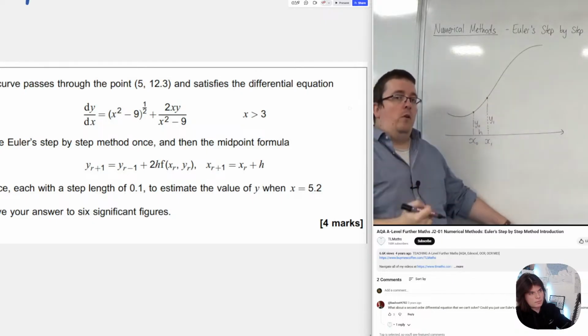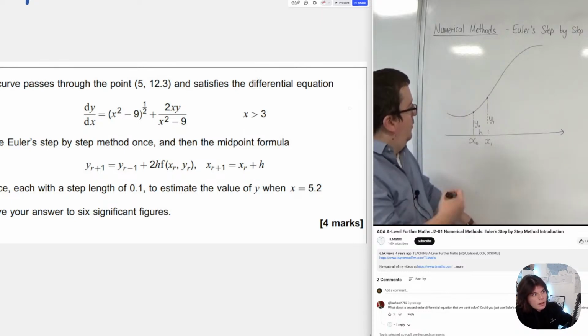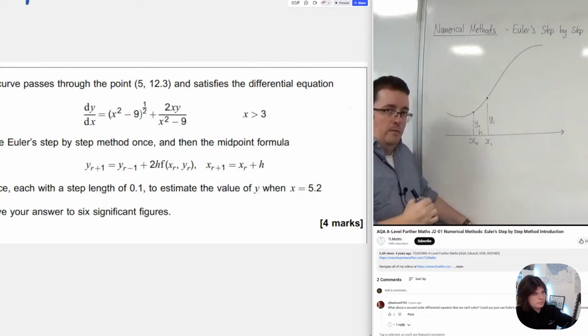Okay, that is what Euler's step-by-step method is going to try to do. And that's going to allow us to estimate that next point, or approximate that next